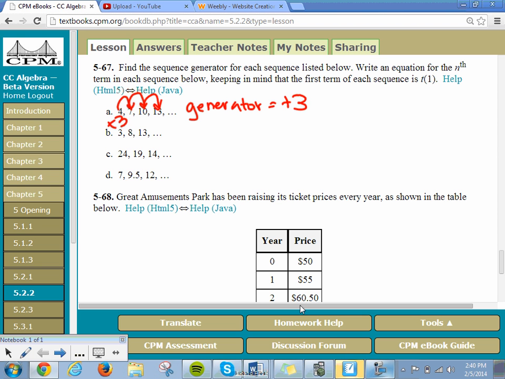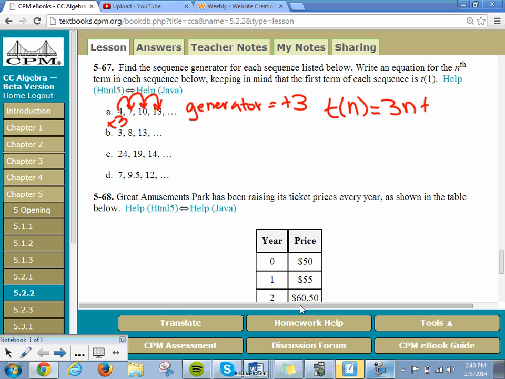And I want to make sure to include that operation. We're adding 3 each time. So when I think of my function, the notation we're using is that t of n is equal to. So what happens is that for all of these, our generator, or our common difference, is going to become the slope. It's going to become the multiplier. So we'll have 3n,